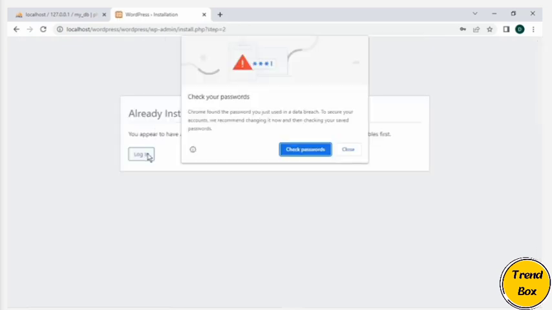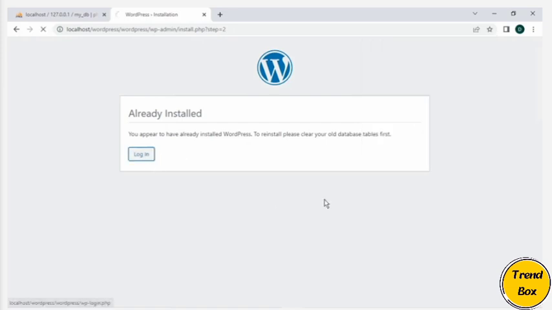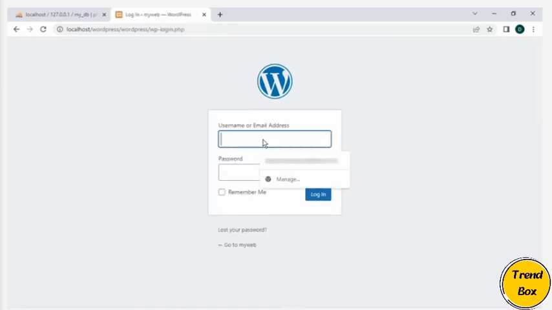Already installed? Okay. So we click on login now. Here, this should be my username that we have typed, that is admin, and the password is admin@123, and we'll hit the login button. So it will show me the dashboard of my website.